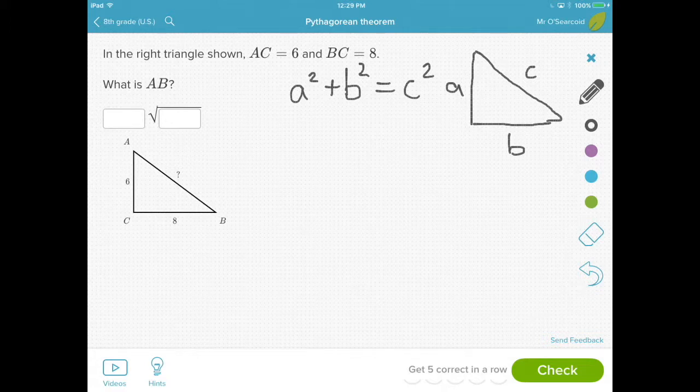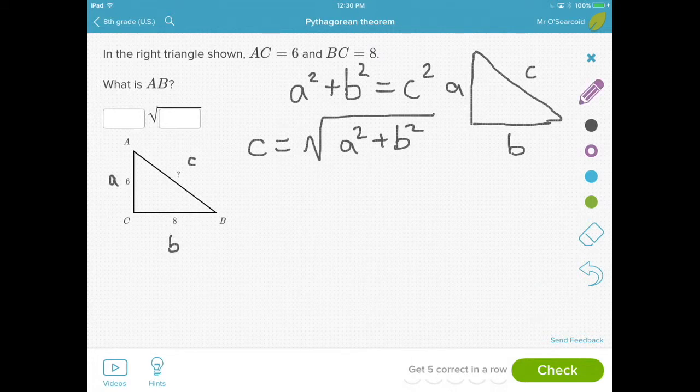Now, the Khan Academy problems give you a mixed radical number, so you will have square roots in here because of the theorem. You want to figure out what c is, not c squared. So taking the square root of both sides will give you the square root of a squared plus b squared to be equal to c. So in this particular problem, you've got a equals 6,